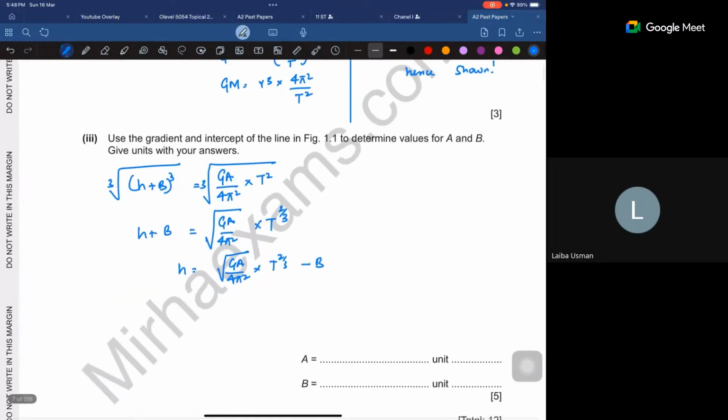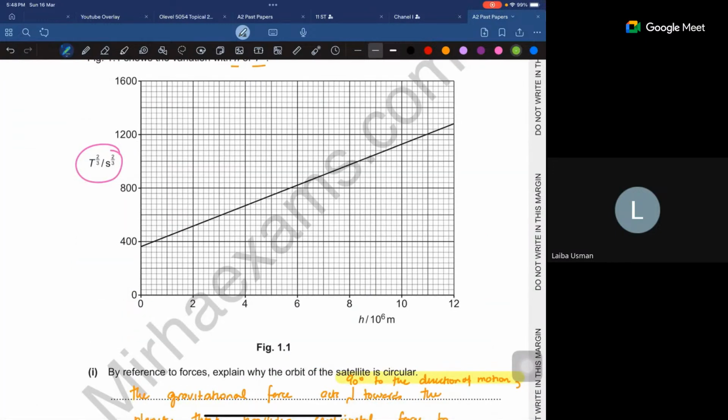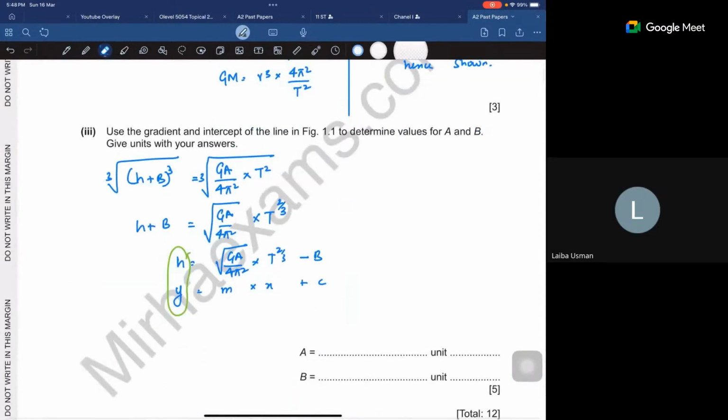So if I compare this, y equals mx plus c, you can see H is y, on the y-axis on the graph as well. Oh, wait, that's bad. H is x. We have to rearrange again. Sorry about that. Not correct calculation. We have to actually